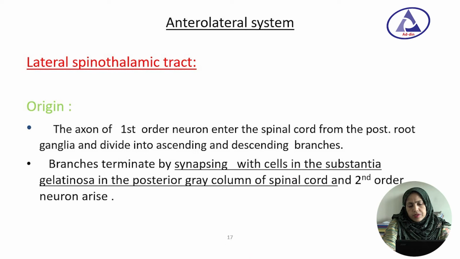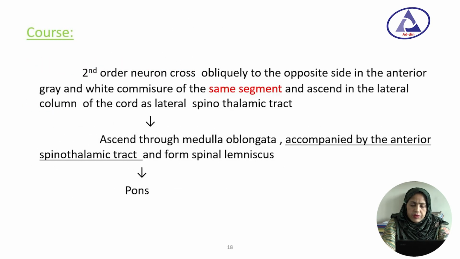And what is it? It is the lateral spinothalamic tract and its origin. The axon of the first order neuron enters the spinal cord from the posterior root ganglia, and it diverges into anterior ascending and descending tracts, and it synapses with the cells in the substantia gelatinosa, and the second order neuron arises. The second order neuron then goes obliquely to the opposite side of the anterior white commissure of the same